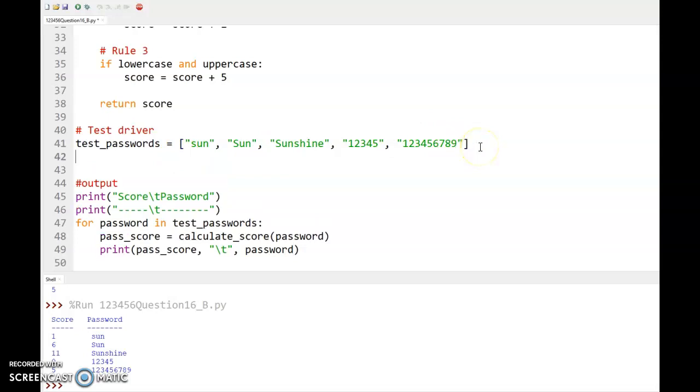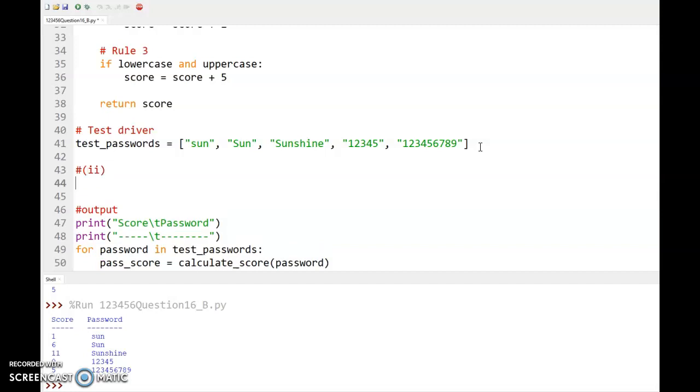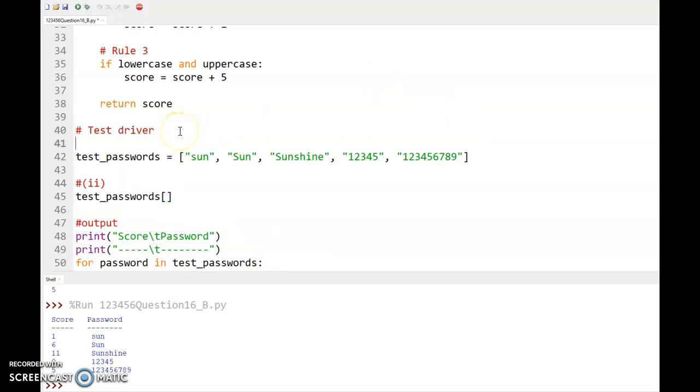So after the list here, if you can in your exam tomorrow, maybe label your parts. So part 2 there, what we want to do is overwrite. This is a simple list indexing overwrite. If you think about it here, you've got your index numbers